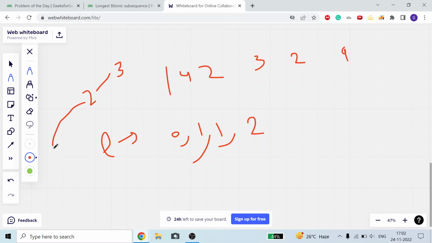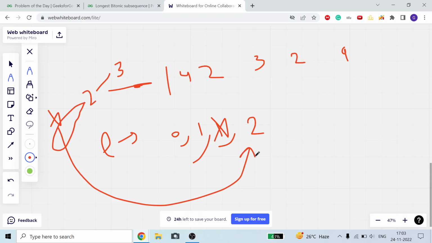Now what we know, suppose 2 has some x elements before it, for a minute, say some more elements here, 0, minus 1 suppose, then 2 has some x length. Now for 3 we are saying we can include 2, and 2 includes these x elements. These x elements are less than 2, so they will also be less than 3. So these x elements will be included in my 3, and 2 also is included in my 3, so the length will increase by 1.